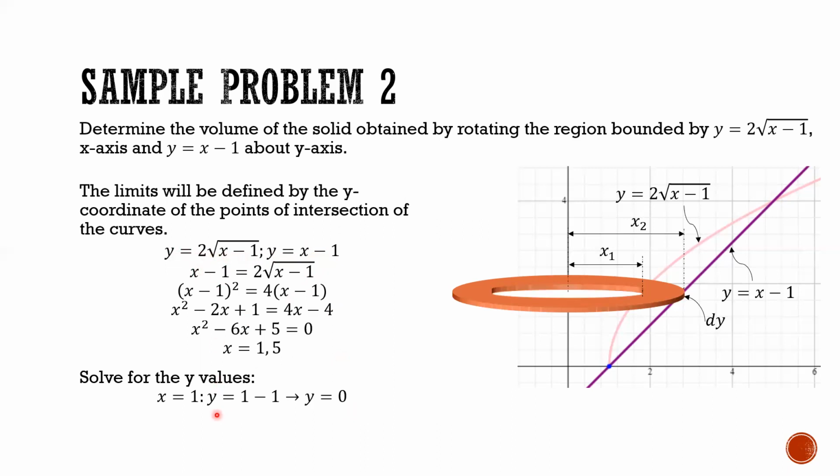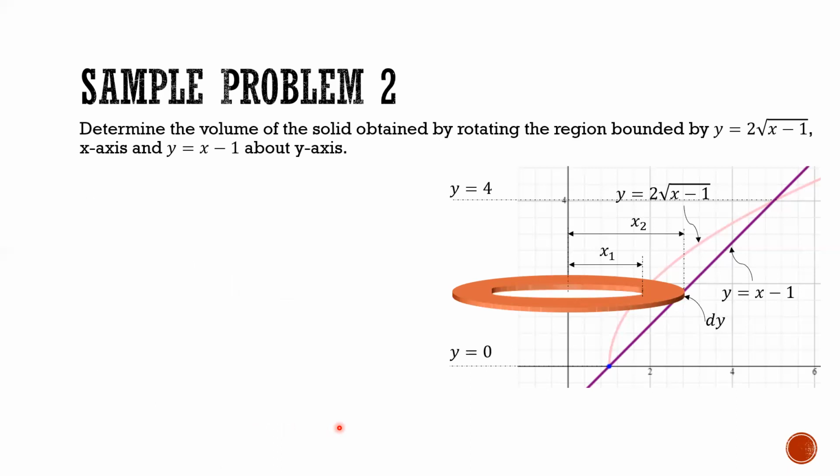Anyway, when x is equal to 1, y is equal to 1 minus 1, and that gives us 0. When x is equal to 5, we substitute the same thing and we get y is equal to 4. So those are the lower and the upper limits in y coordinates of those two curves. Now, recalling that the volume can be calculated as the integral of pi times x2 squared minus x1 squared dy,